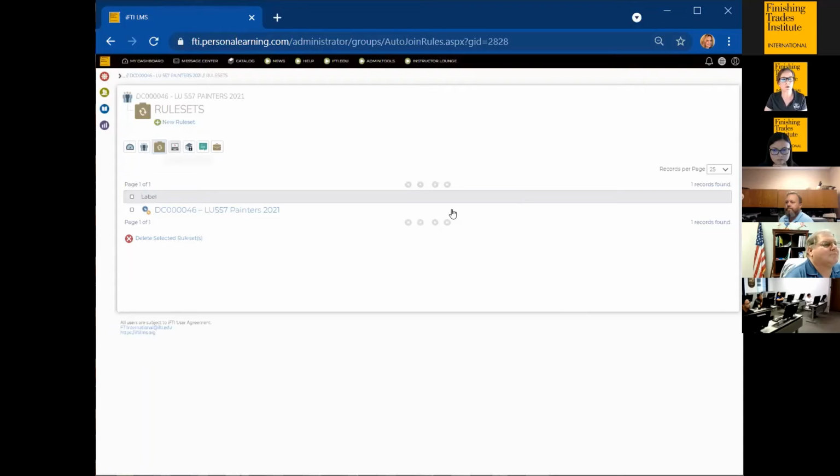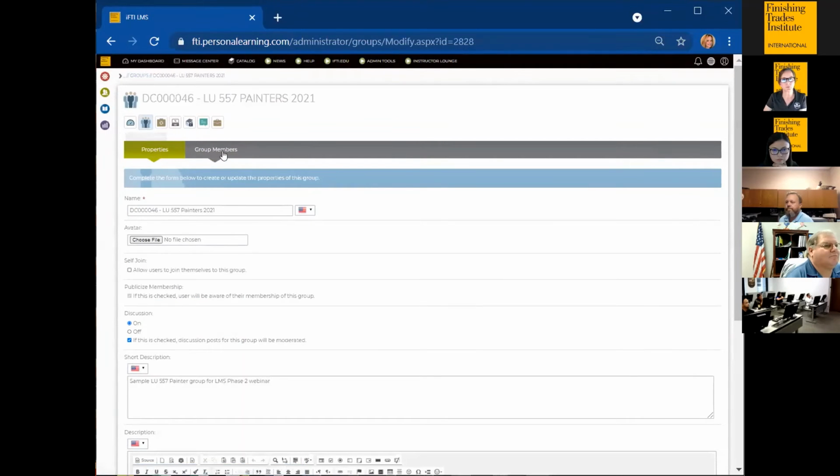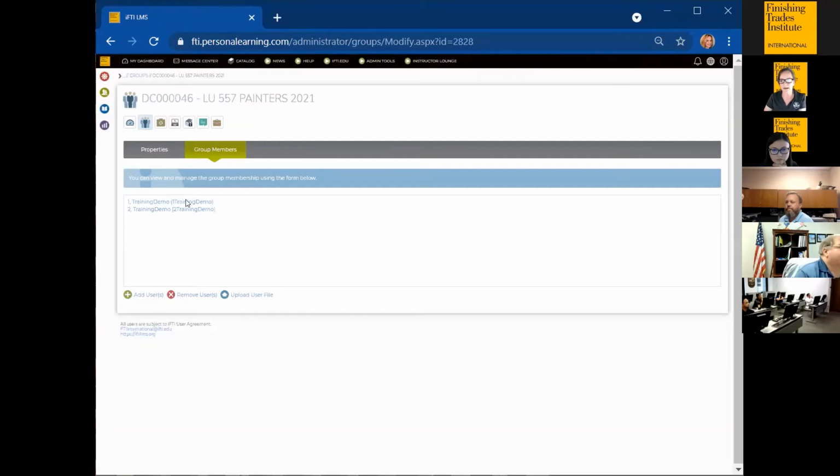Now if we go back to our properties and look at group members, they're not there yet. We might have to wait a little bit, but those group members will populate automatically upon entering that local union 557.